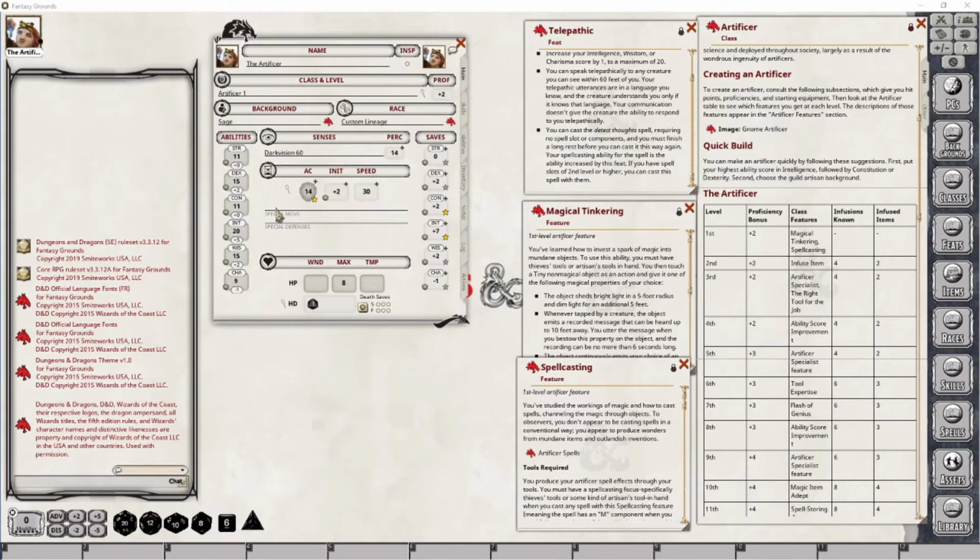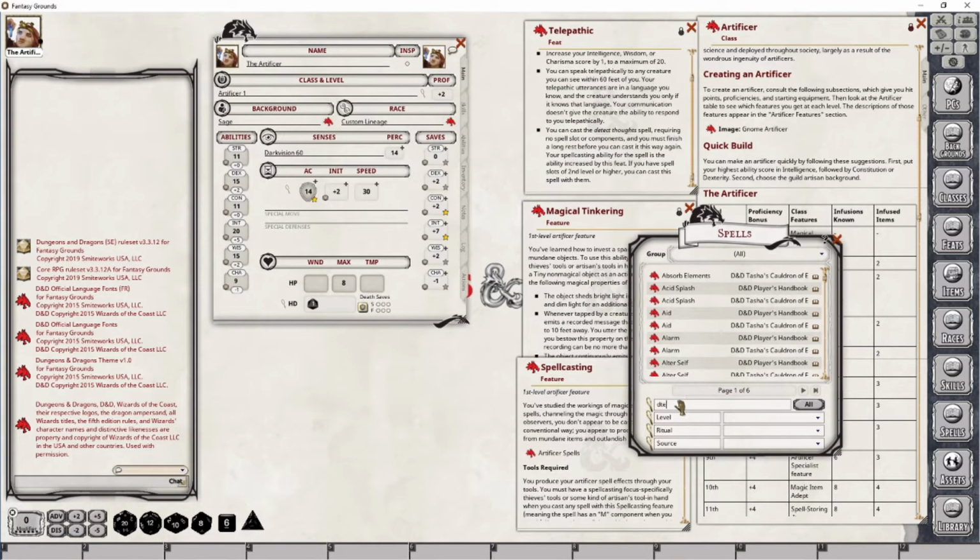So if you recall, in relation to the Telepathic feature here, we modified our Charisma to bring it up from the 8 to the 9 that it is now. And that might actually bite us a little bit, because reading a little more through the detail in this last section, our spellcasting ability for the spell Detect Thoughts is the ability score we have actually adjusted. So this could be a problem because it's going to require a saving throw. If you look for the spells here and we look for Detect Thoughts,